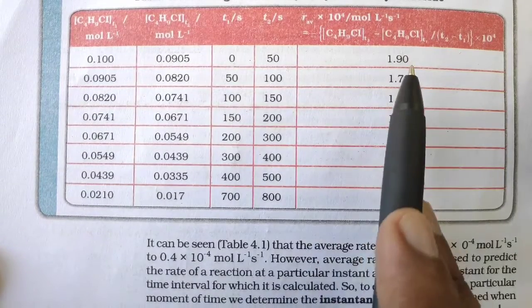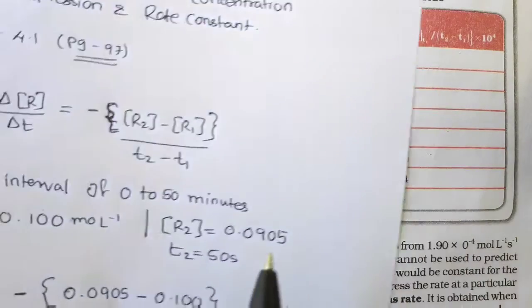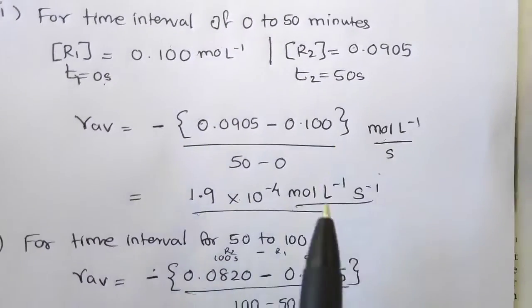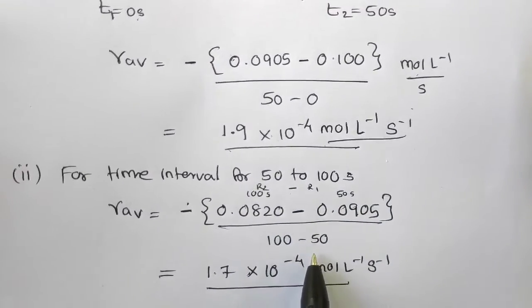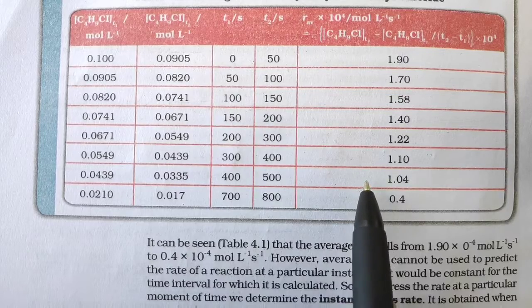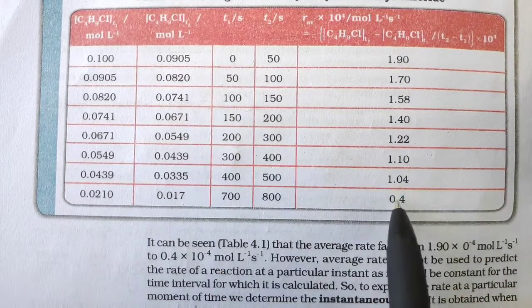Now you can see here the values that are given. So how did we get this 1.90, right? That we have seen here. This is the way we got that 1.90, by subtracting. So for each and every time interval you have to write it in your fair book. Don't directly copy the table that is given in your book. How you got this value, that you need to calculate. Everything is given there and you must get it.